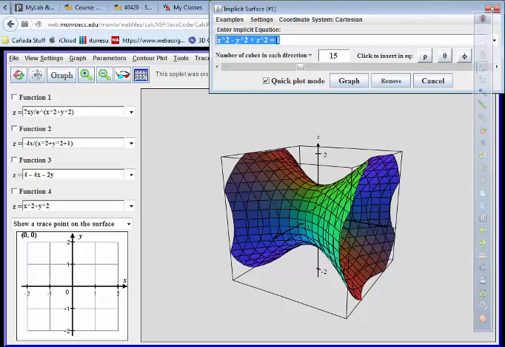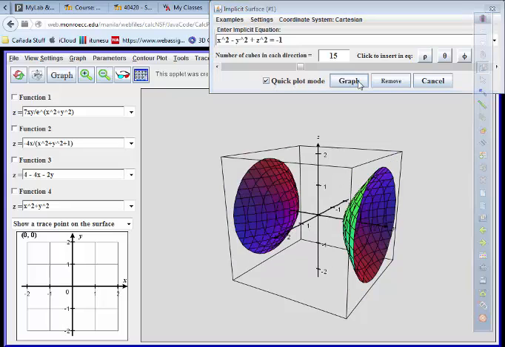And if you maybe throw a negative sign here, then it becomes a hyperboloid of 2 sheets. And so it's up to you to actually dive into this and play around with it, because in the future we're going to be talking about surfaces, and I'm going to say, oh, I want an equation of a cone, and it's up to you to try to pull that out of your